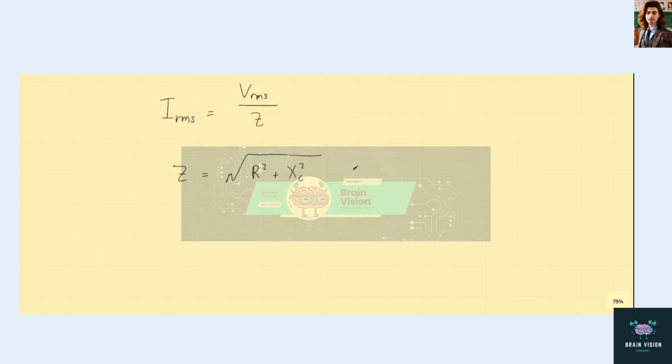Now the resistance R is known and the capacitive reactance X_C can be obtained from X_C is equal to 1 over 2 pi F times C, where C is the capacitance and F is the frequency. But we also know that the capacitance is related to the time constant tau of the circuit in part A of the drawing. And this time constant of an RC circuit is the time for the capacitor to lose 63.2% of its initial charge. And it is equal to the product of the resistance and the capacitance. So if we substitute Z into the equation for I,